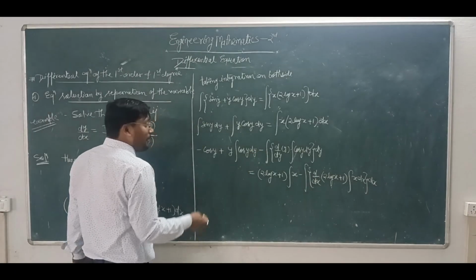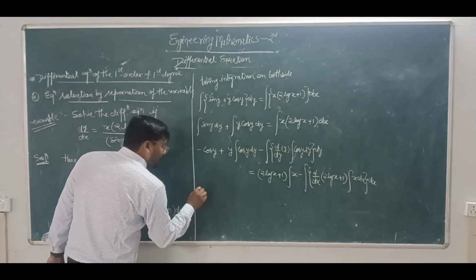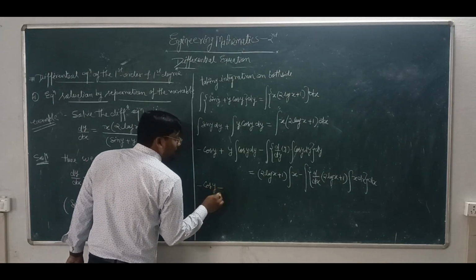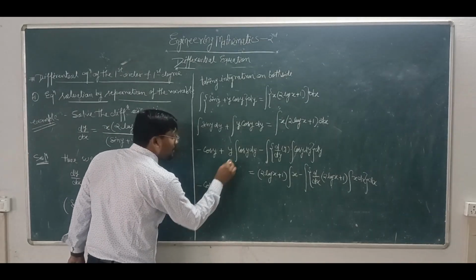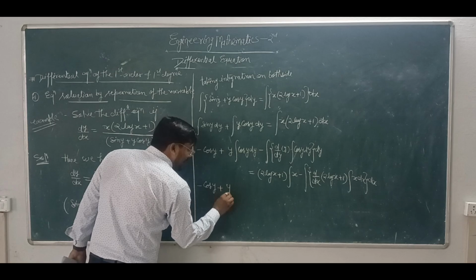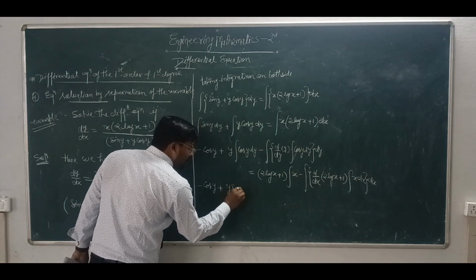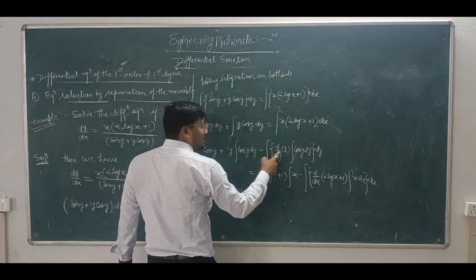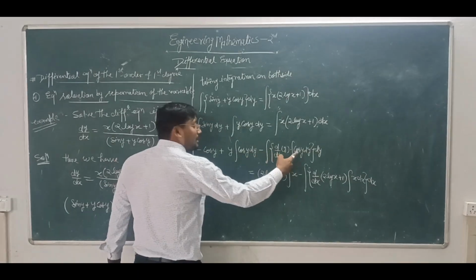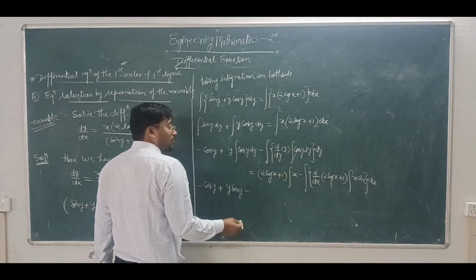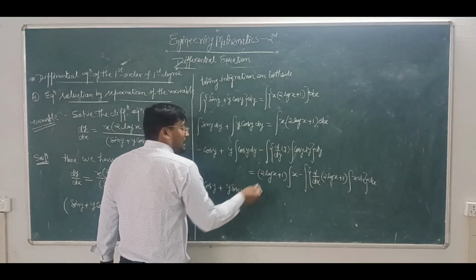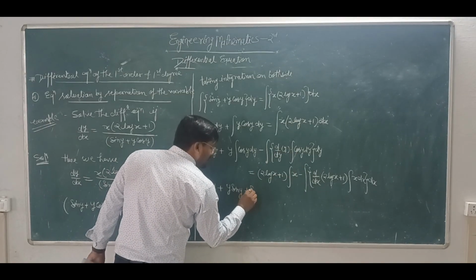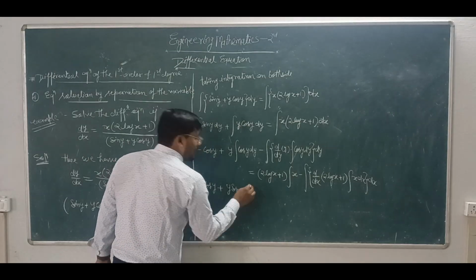You can integrate the whole integral: minus cos y plus y sin y. Now integrate this minus differential of y is 1, integration of cos is sin, integration of sin is minus cos, plus cos y